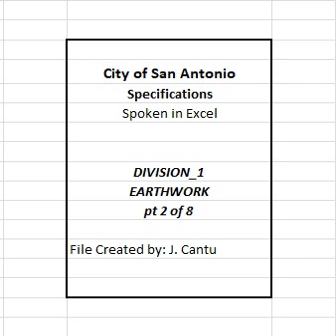Tests for in-place density shall be made in accordance with TXDOT test method Tex 115E and within 24 hours after compacting operations are completed. If the material fails to meet the density specified, it shall be reworked as necessary to obtain the density required. For materials with a PI of 20, just prior to placing any base materials or stabilization, the top 3 inches of compacted subgrade shall be tested for density and moisture content. If tests show the density to be more than 2% below the specified minimum or the moisture content to be more than 3% above or below the optimum, the course shall be reworked as necessary to obtain the specified compaction